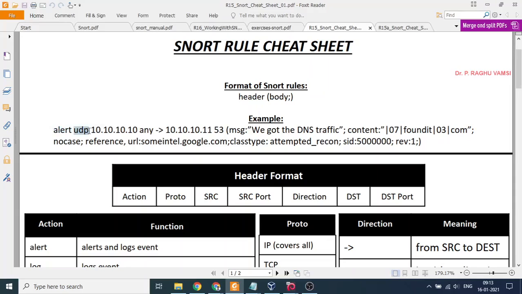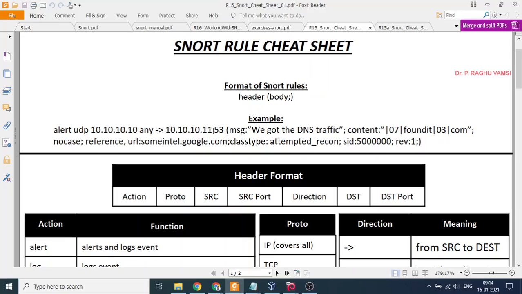And here the protocol, especially TCP, UDP, IP, ICMP, are the protocols we will focus on. The external network, from where the request is coming, and from which port we are getting that request, and the direction. If you want the rule to be executed for both directions, that is traffic coming from the external network to the internal network and from internal to external, then a less than greater than symbol must be placed.